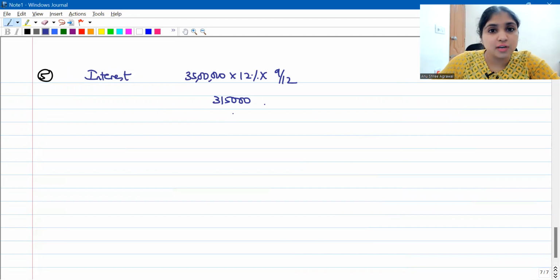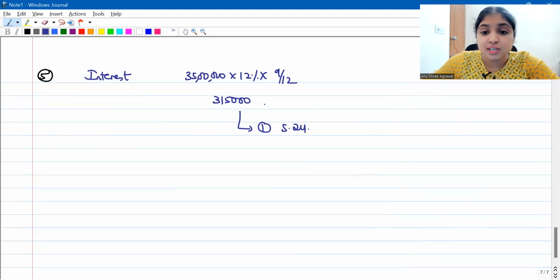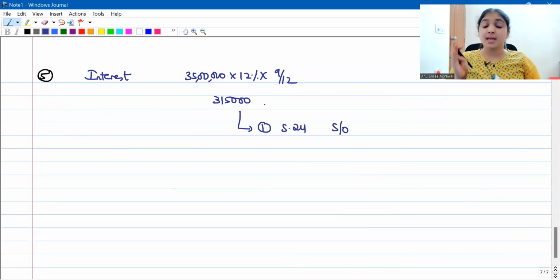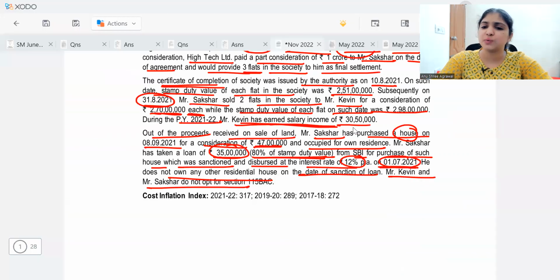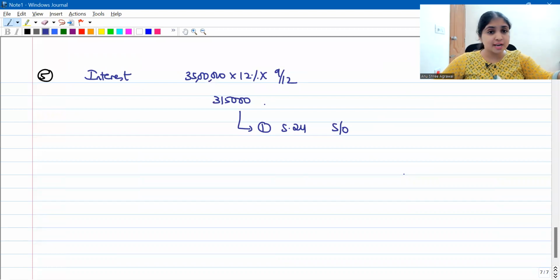See, first of all, it's a self-occupied property. So first of all, we will take deduction under section 24. But under section 24, for a self-occupied property, we have limits, either 30,000 or 2 lakh. Here, we will obviously try to apply the 2 lakh limit because the loan was borrowed on or after 1st April 1999, and the loan was borrowed for purchase or construction of the property. Let us assume the purchase or the construction was completed within 5 years. In fact, we don't have to assume, it's very clear. We borrowed the loan on 1st July and we purchased the house on 8th September. In just 2 months, we've purchased the property. We get 5 years time to purchase the property, 5 years from the end of the financial year of borrowing.